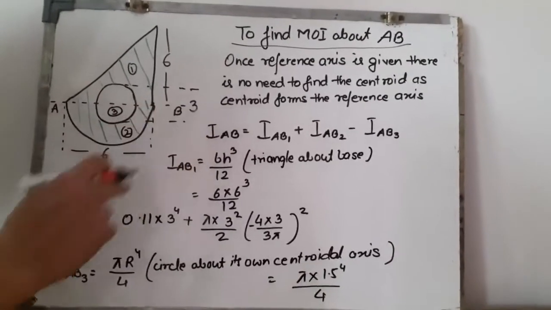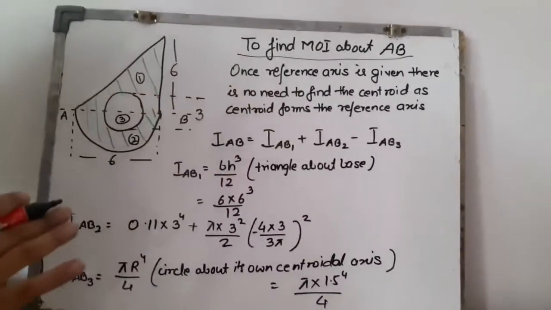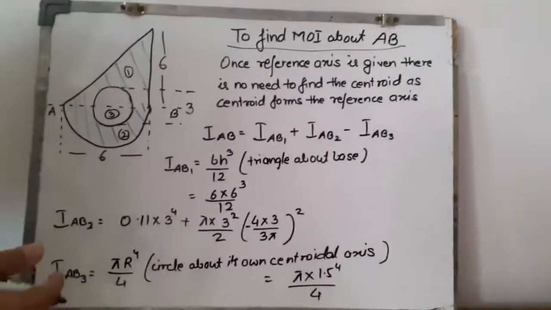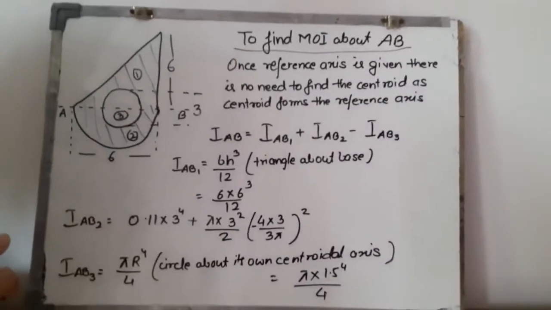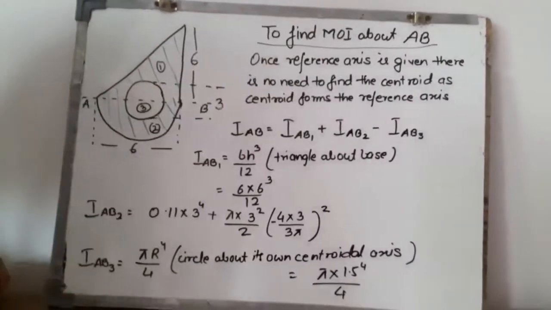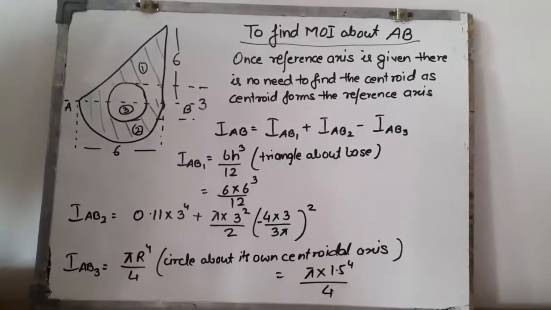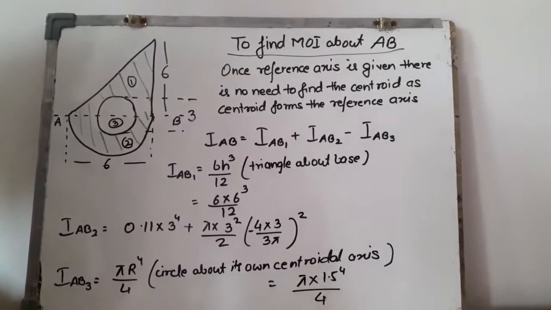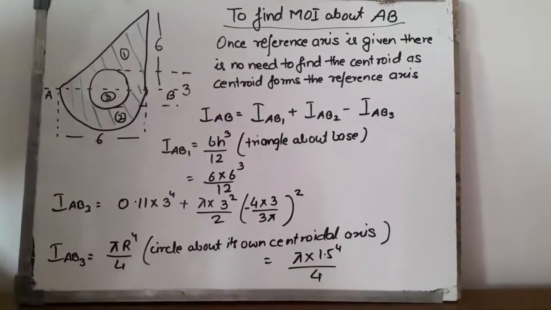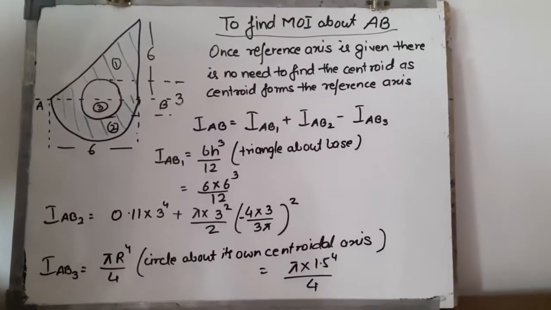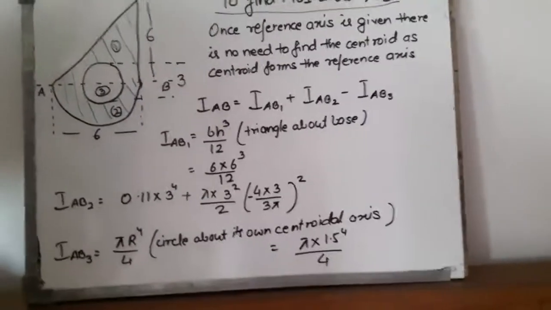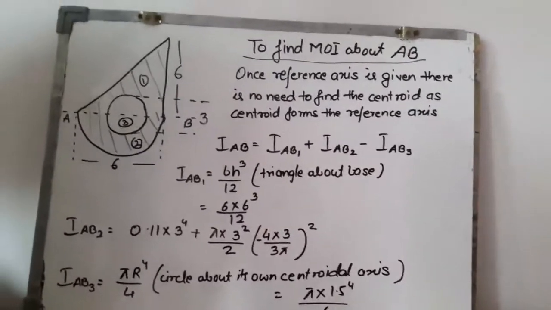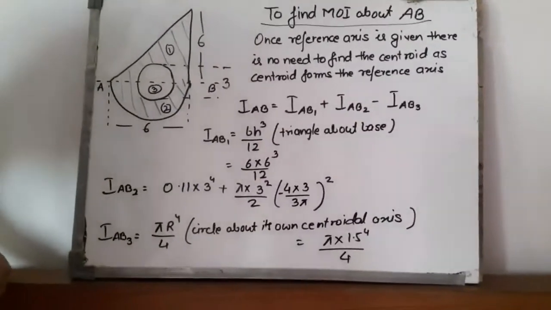So if plane AB is defined, we need not find out the centroid of this section, because the ultimate aim of determining the centroid is that you want a reference frame about which moment of inertia is to be calculated. Here the reference frame is predefined in the problem. In mechanical engineering design, this moment of inertia is always calculated about the centroidal axis, but this is a one-off problem. These types of problem may appear in your examinations where you will not be asked to determine the centroid and straight away find the moment of inertia, because a single problem having centroid and moment of inertia both will actually make the problem very big.